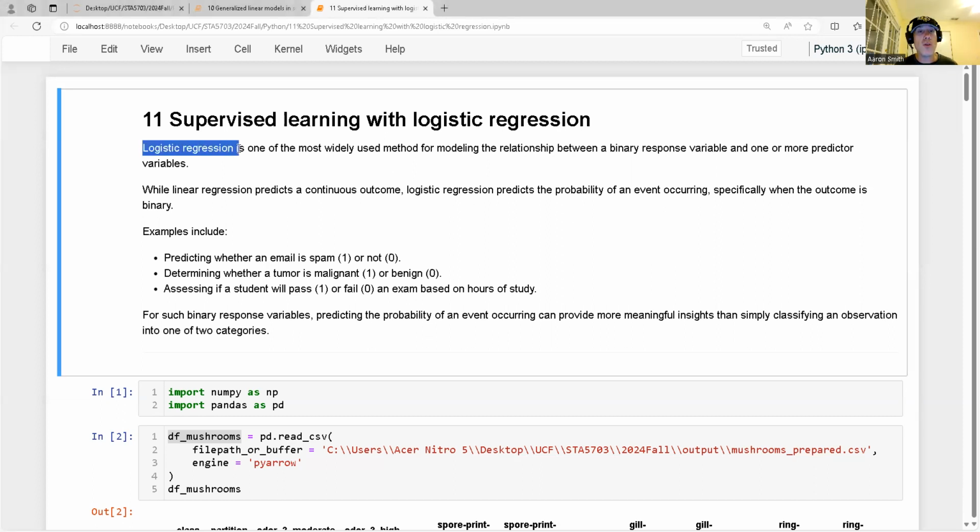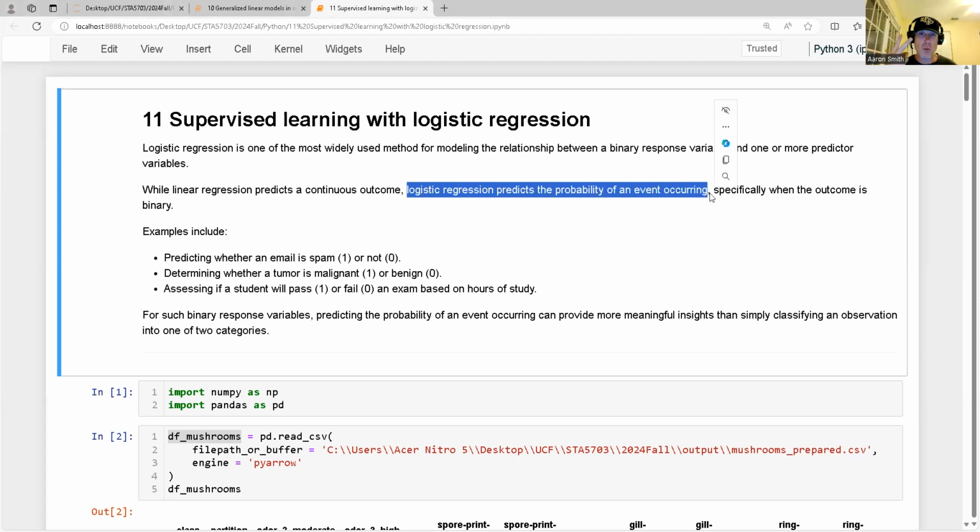So logistic regression absolutely is the most widely used method for modeling relationships. I actually spent my workday today doing logistic regression over and over and over, doing a little bit of parameter tuning and benchmarking and stuff like that. While linear regression predicts a continuous outcome, logistic regression predicts the probability of an event occurring, specifically when there's two possible